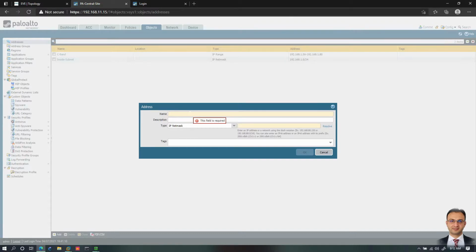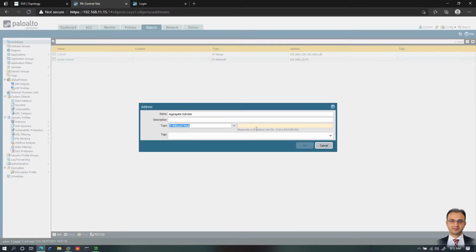So this time you may use wildcard for maybe a couple of subnets, or maybe aggregated. Let's call it aggregated subnets. So now here, instead of selecting IP netmask or range, we will select IP wildcard. So we need to specify the wildcard here. You can also see the example. You would have to say, let's say, if it's from